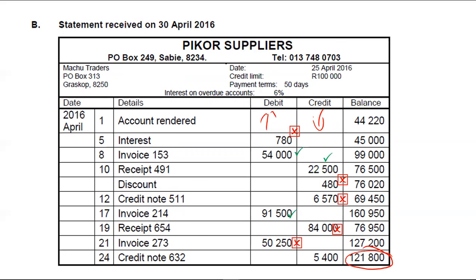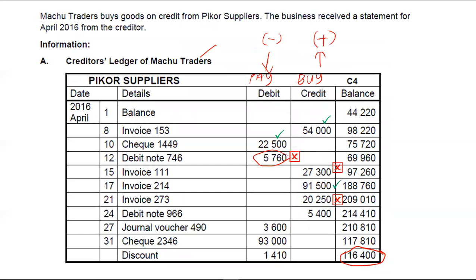in this case, we were supposed to debit, but look at what we did. We credited, okay? When we return goods to the creditor, remember what I've said, it's a minus, so it will reduce what we owe the creditor, but instead we increased it. So here it's obvious that we are the ones that made a mistake, because you can't have a debit note on the credit side, because a debit note means you're returning goods. So whatever you owe the creditor must go down. In this case, we're increasing it more. And then there's